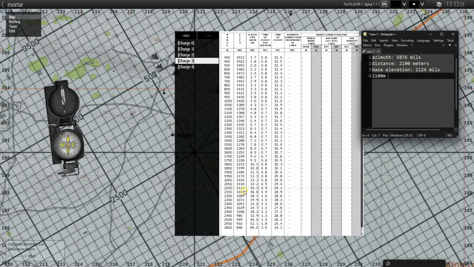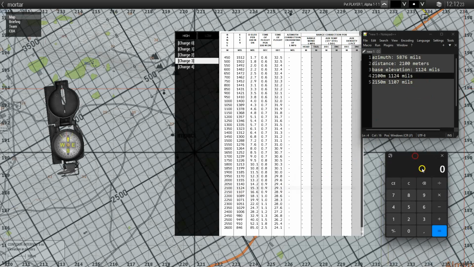the corresponding elevation to that is 1124 mils. But you see, the next distance, what my range table is calculated for, is 2,150 meters, and the corresponding elevation to that is 1107 mils. You might pretty much now guess what I'm doing here: you see, 50 meter difference. I'm calculating how